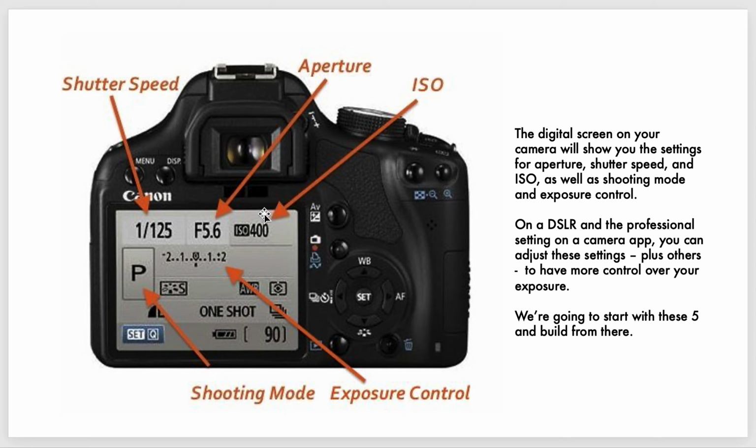ISO with the ISO next to it. You'll see your shooting mode here somewhere as a large letter. And then your exposure control, which will be a range from -2 to +2. So this is on the digital screen of the camera. So it's going to show you what these settings are. And then you will be able to modify those so that you have control over the final exposure that you